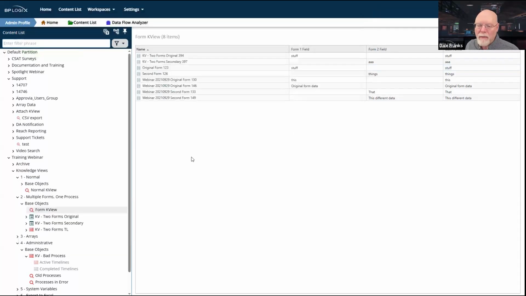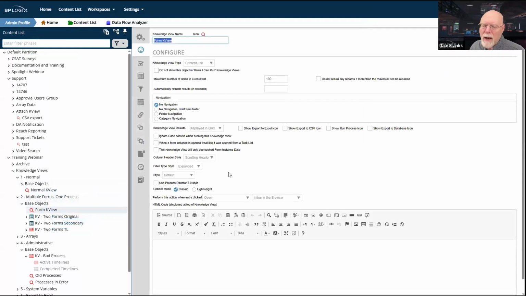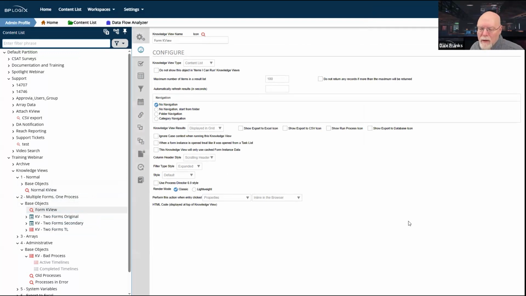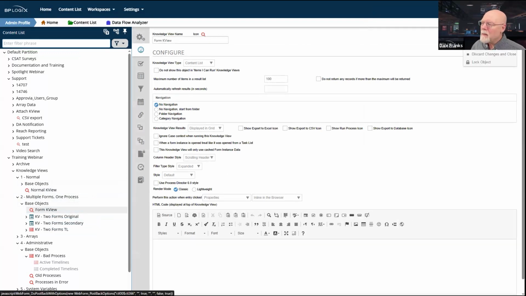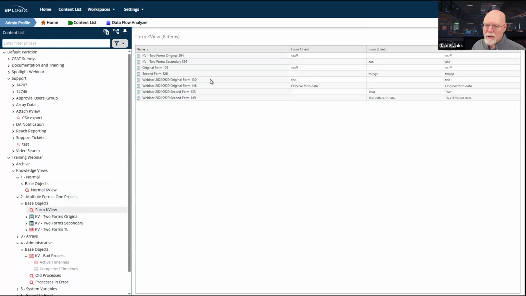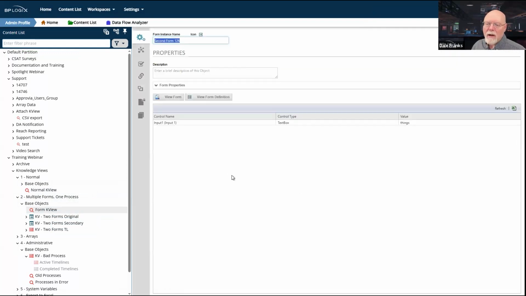So depending on the version, certainly if you're before version 6, you do need to make a little change so that instead of open, you go to properties. Because now having made that change, if I go back here and I click on that form, it doesn't open the form for me. Now it takes me to the properties for that form. Most of the time for administrative knowledge views, you want to go to the properties.